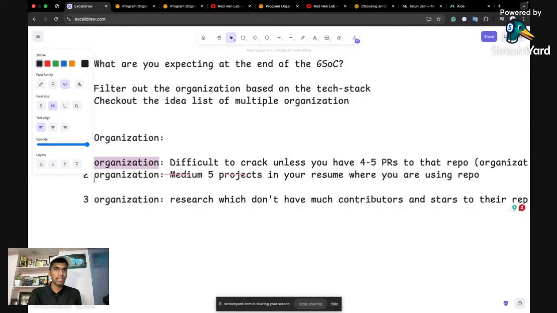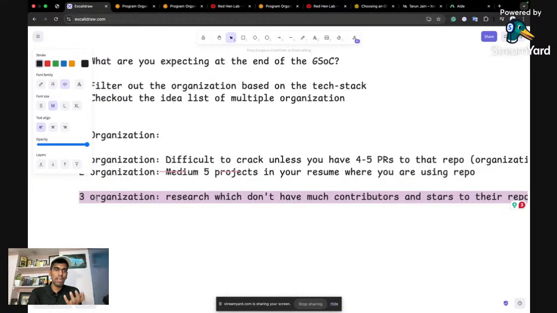Now, in the second organization, if you are unable to create any pull request, in that case, create 5 to 6 projects which are very good end to end, so that you can include those projects in your resume or your proposal, so that you will have a validation that, okay, this person knows how to use our repository. So the second organization is mainly for validation. The third organization is mainly for, okay, I need to get into this organization no matter what happens. I didn't have any PR.